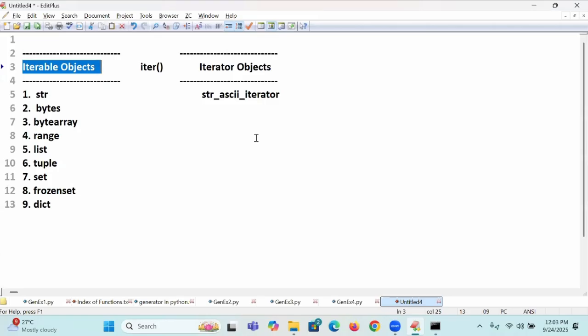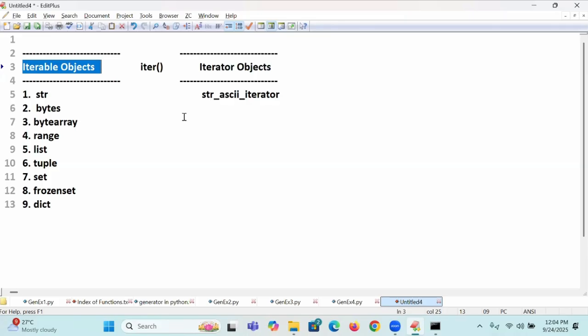So a value only on demand can come in total Python in two places. One is through a generator function, and one more is through an iterator object. It is your requirement. Through a generator, you define the function and use the yield keyword. Through an object, you use an iterator object. So in my requirement, either a generator or an iterator will come to supply the value only on demand.